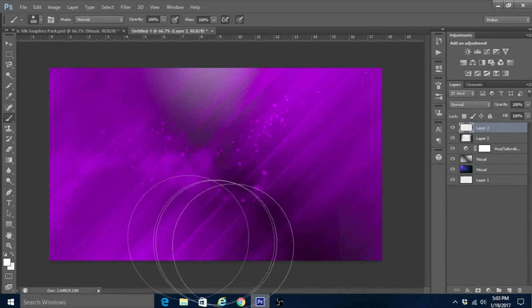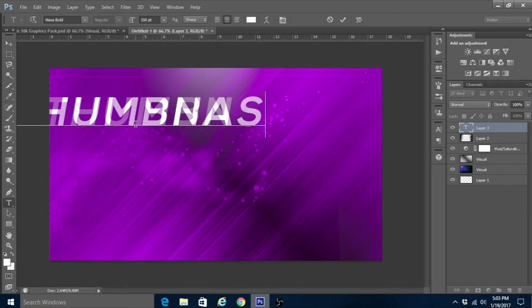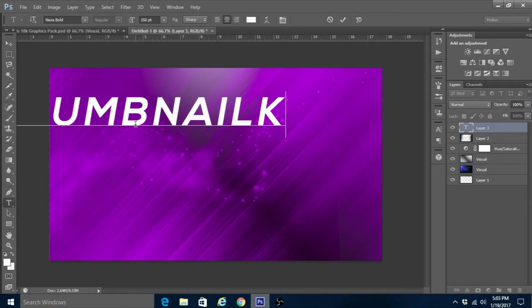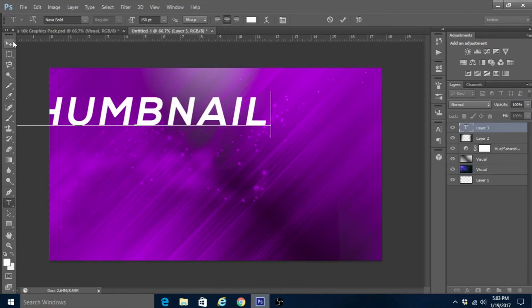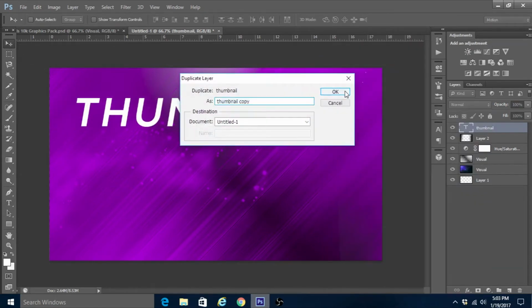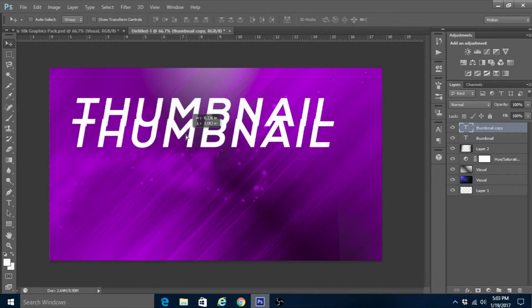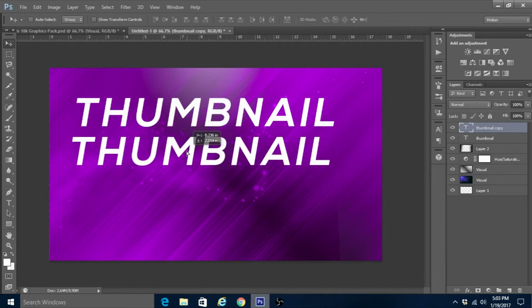So then I'm gonna make a new layer again and click on the text tool, and I'm just gonna name it thumbnail, just like that. And then what I'm gonna do is duplicate the layer, just like that. And then I'm gonna drag this down a little bit, and I am just going to write